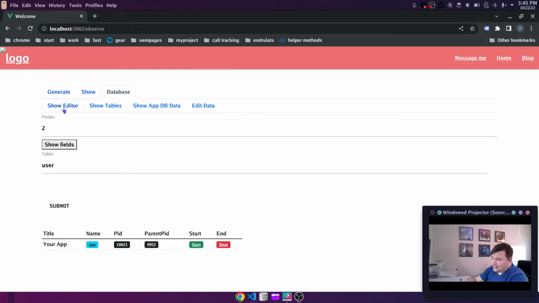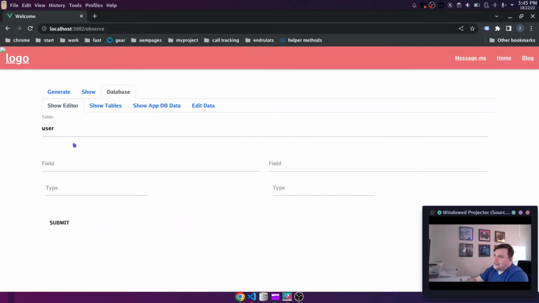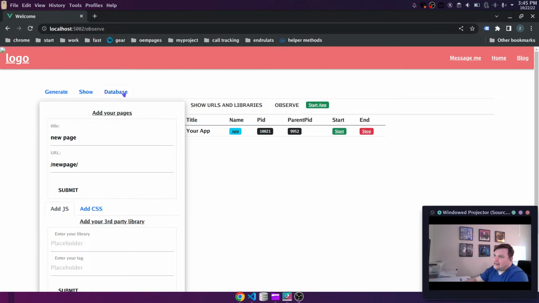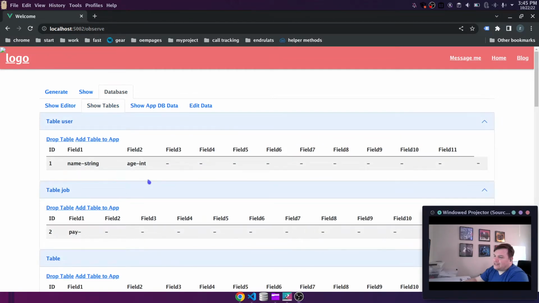and this is the database thing, the editor to create the database inside the dashboard, which I should probably just make a tab just for dashboard, make a tab just for the app. That would make a lot more sense actually. So yeah, you would create your table here, and then sometimes it doesn't show the data when I do that. And boom, it shows. I don't know what that is, but anyways,